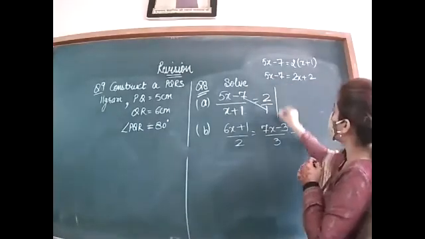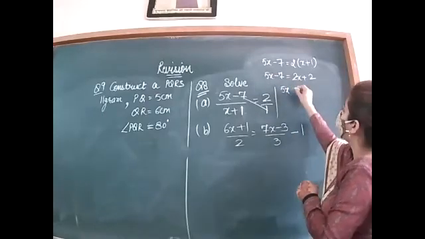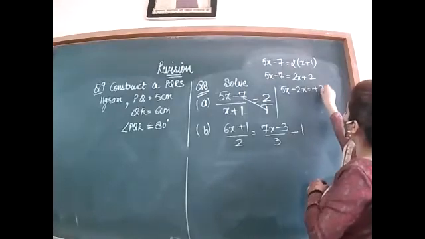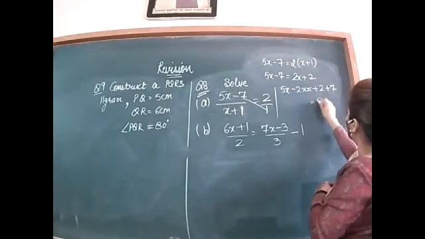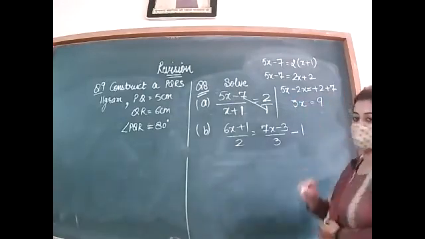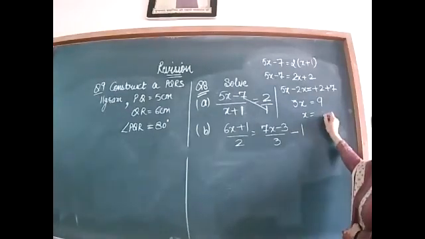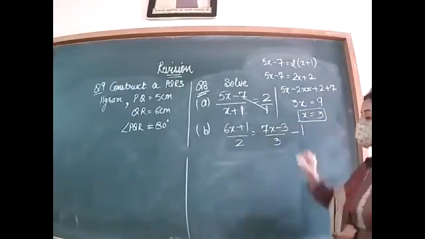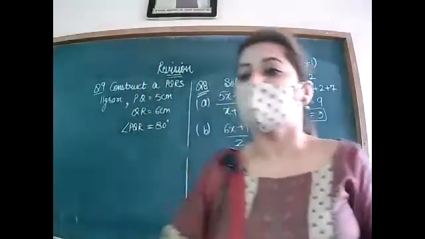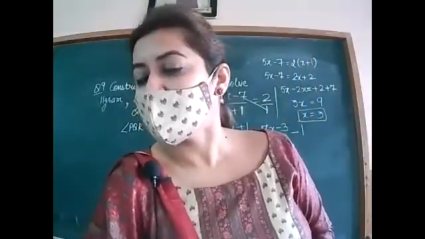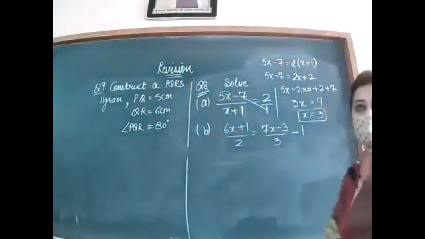Now collect the like terms on the one side. 5x will be kept here and this 2x when you will bring, minus. Plus 2 is same on the right hand side. This minus 7 will again become plus 7, that is 9. This is your 3x. Now 3 is multiplying here. When you will divide, it will be 9 divided by 3, that is again 3. If you want to check your answer, you can check by putting this answer in the left hand side as well as on the right hand side so that you can make sure that you have got the correct answer.